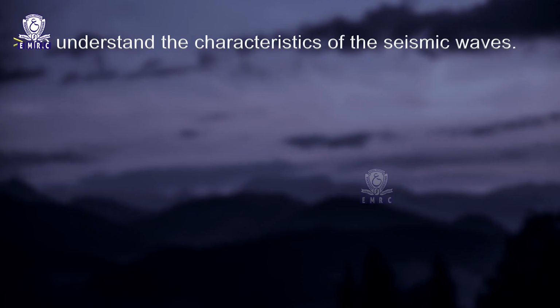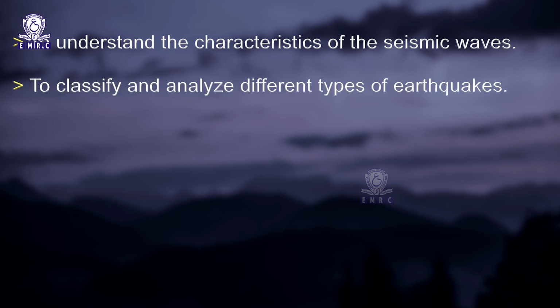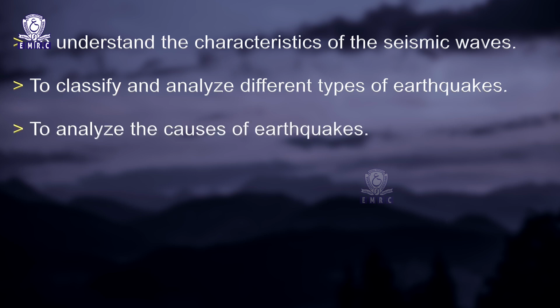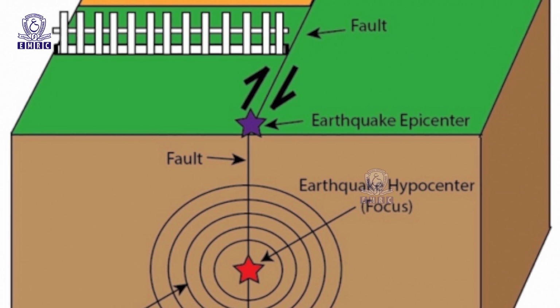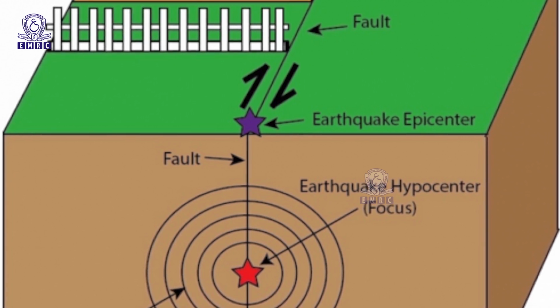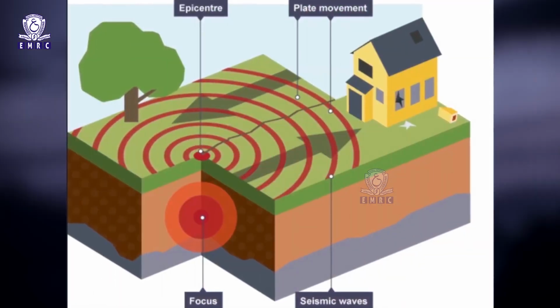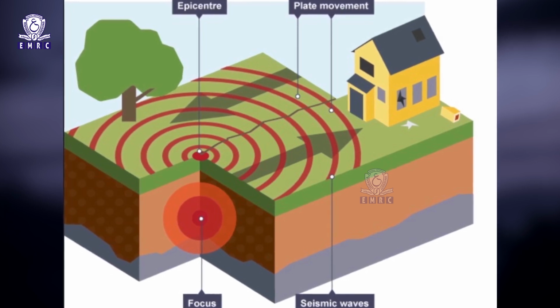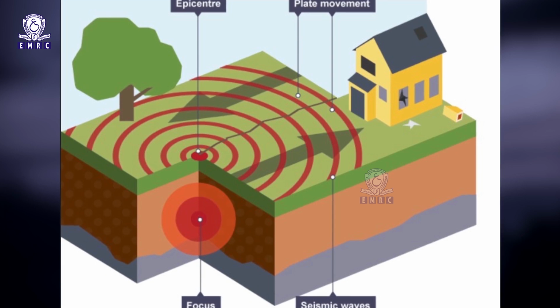To understand the characteristics of the seismic waves, to classify and analyze different types of earthquakes, and to analyze the causes of earthquakes, seismology is the science that studies earthquakes. Seismological studies provide perhaps the most reliable evidence about the internal structure of the earth. An earthquake is a vibration in the form of seismic waves that are produced by sudden release of energy. An earthquake, in simple words, is the shaking of the earth or tremors experienced in the parts of the earth